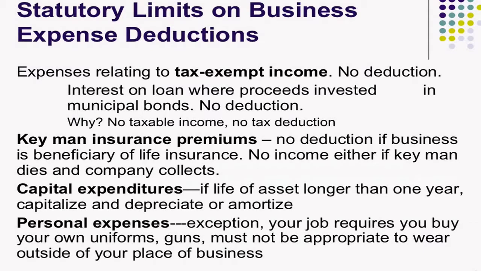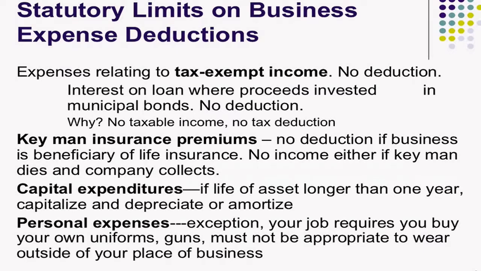Even though you don't get a deduction for the premiums that you're paying, if that key person is in fact terminated in some way, is killed in some way, whether it be a plane crash or whatever, then the company gets the settlement from the insurance for that. That is also not taxable. So if the company collects a settlement based on the death of a key person, that's not taxable. Okay?